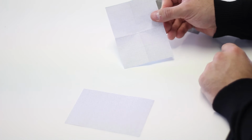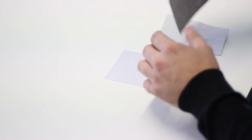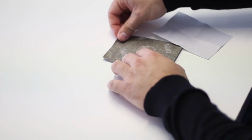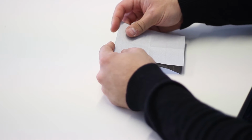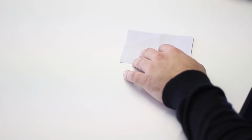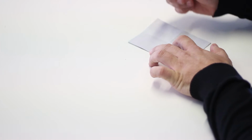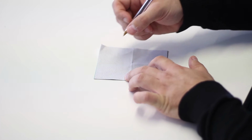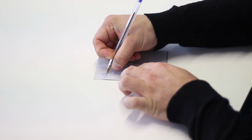So the preparation is this: you crease into quarters one of these gray papers, and then you grab one without being creased, and you take the chemical paper and place it just like this, upside down, with the word Ruby, in this case, pointing up, and you place the other paper on top, just like this, okay? And now you are going to write your text. In this case, I will write this down so you can see my text very clearly. First of all I think about the routine and then I start writing. In this case, I start in the second paragraph and I say hello and